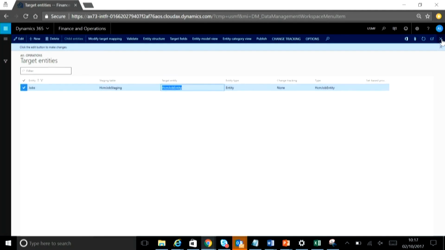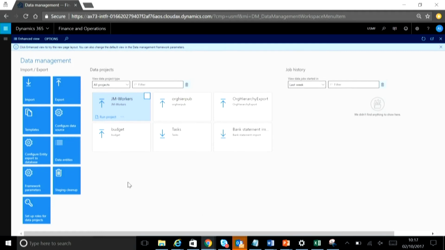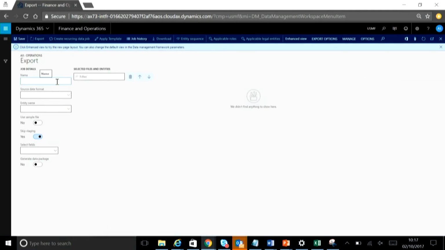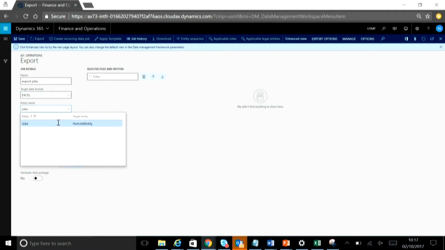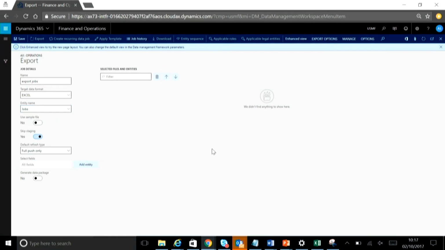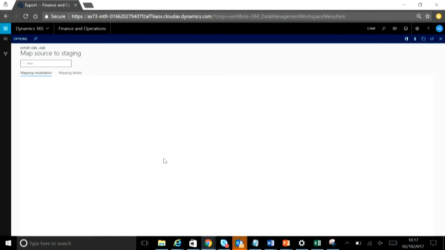I will now go back to the dashboard to create an export project. I click on the export tile, and I name my project export jobs. I specify that I want to do the export into an Excel file and that the name of the data entity is jobs. I add the data entity to the project, and in this link here, view map, I can